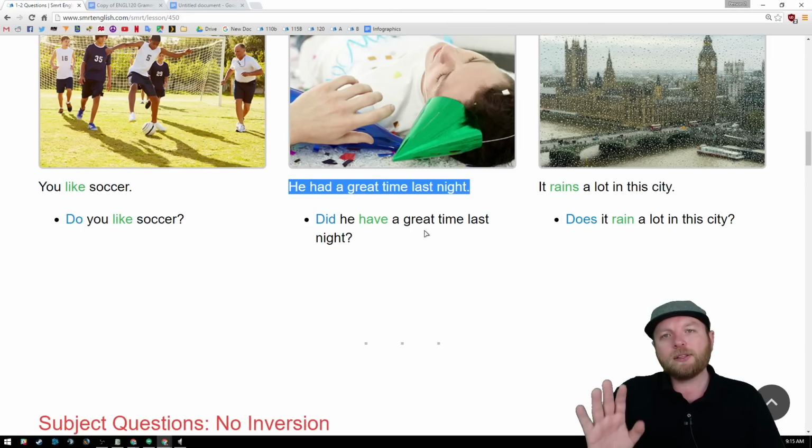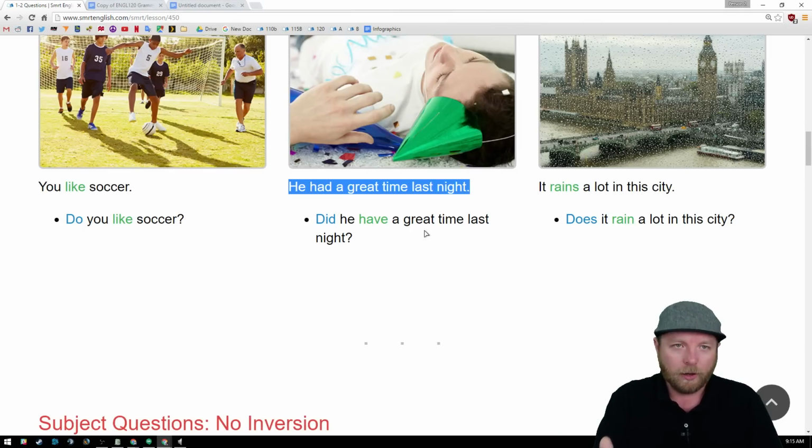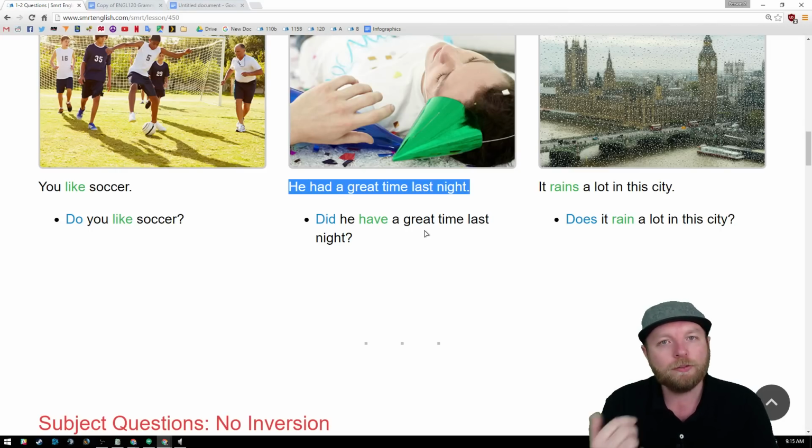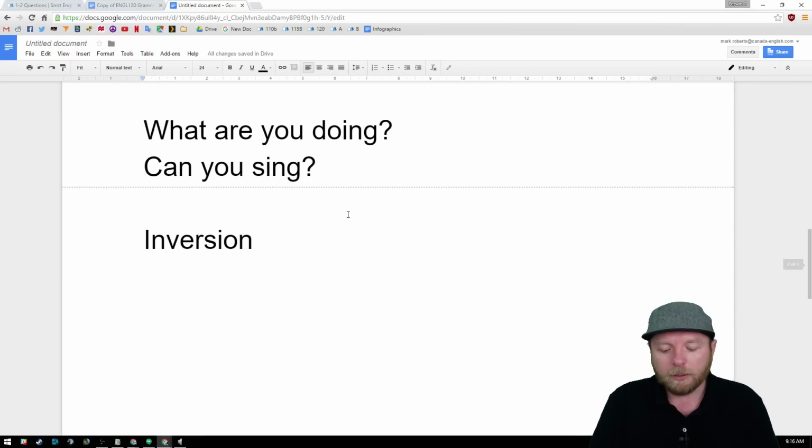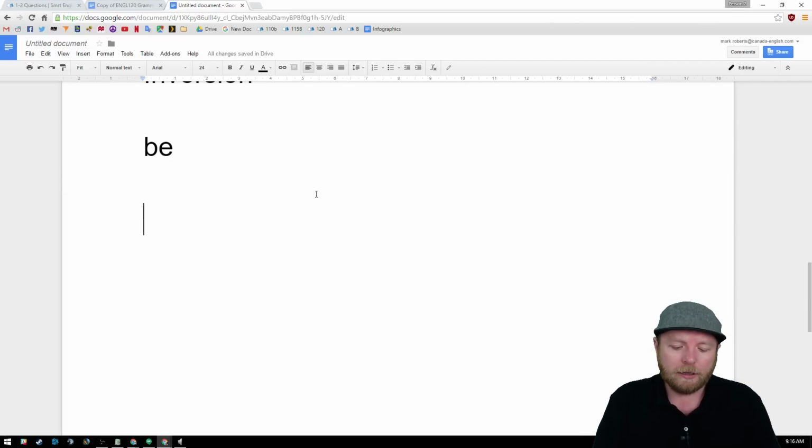Okay, so that's the first kind of question, using inversion. Pretty easy. Well, it's not easy, but I mean, not many rules, right? Put the helping verb before the subject. If there is no helping verb, you need do, does, or did. Now, something that's always a problem for students is the be verb, because be is special in English, right? Example,